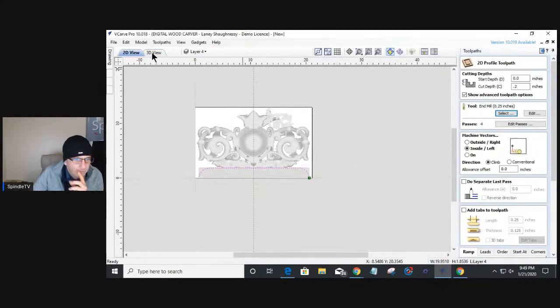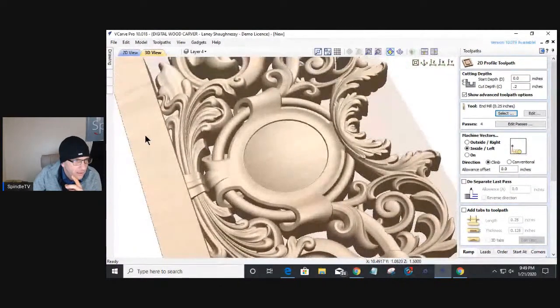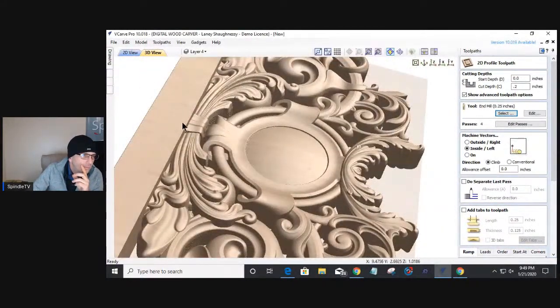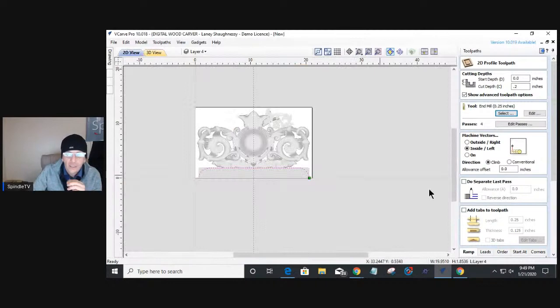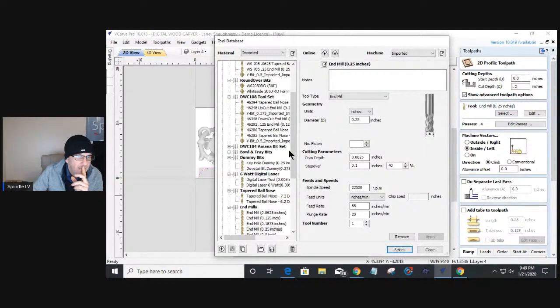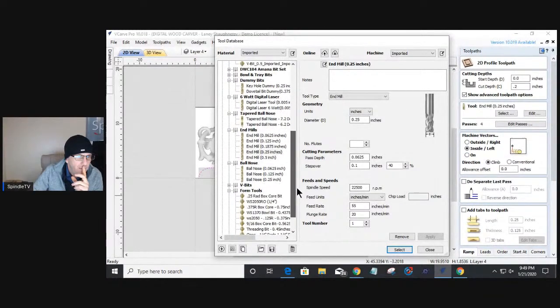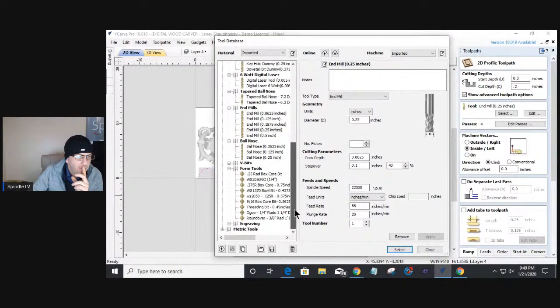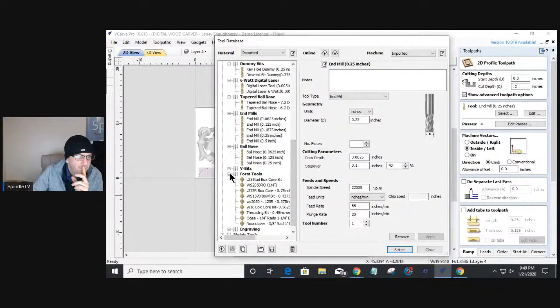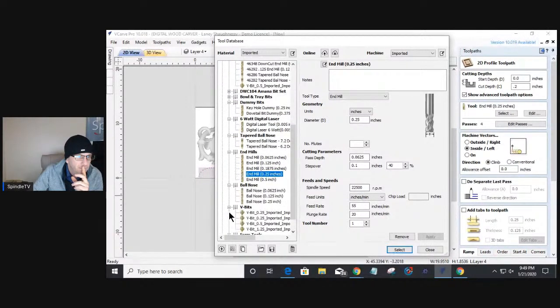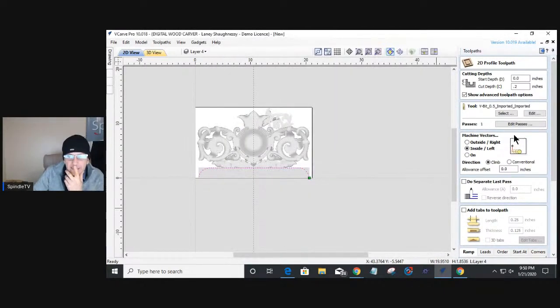Let me look at this 3D view for a second. So nothing's wide right there from coming down and cutting. Nothing's going to hit it. So I'm actually going to use a wide angle V-bit. Let's go with a 90-degree V-bit. Where's my V-bits at? Half-inch 90-degree V-bit. And I want to be on the outside of the line,